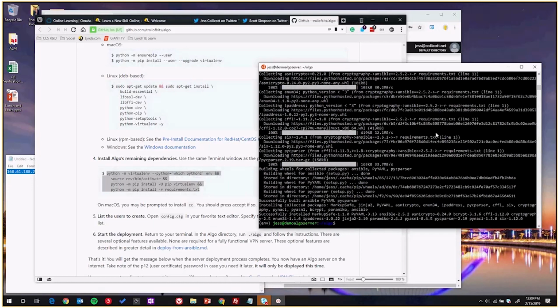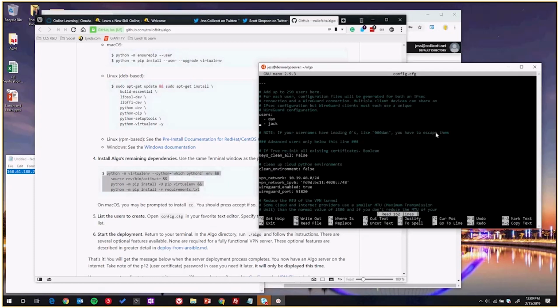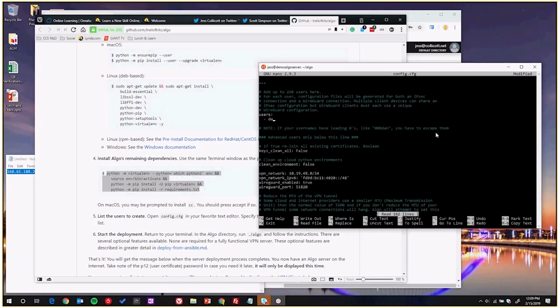Okay, so that was a little shorter. Okay, so let's edit the config file. We're going to use nano, which is one of the basic editors in Linux. So nano config.cfg. And then what you'll see up here at the top is just basic sample usernames. We're going to delete users that we don't need and then add the user or users that we do want to add. So I'm just going to delete the Dan and Jack, put Jess instead, hit Control-X to save,